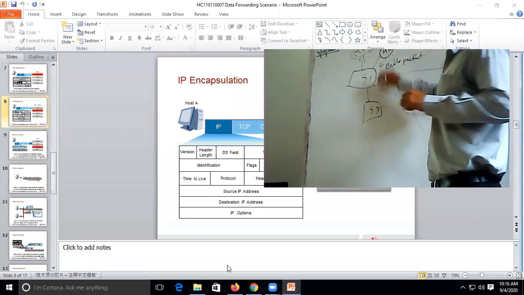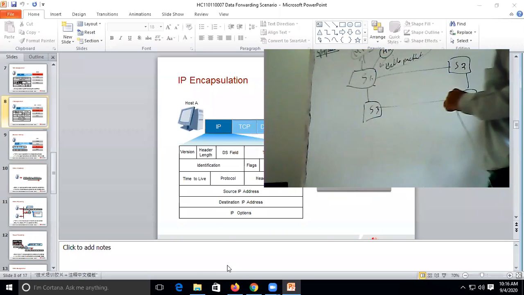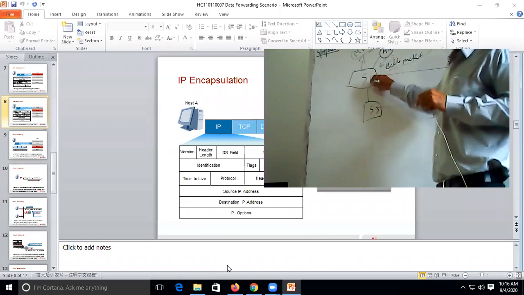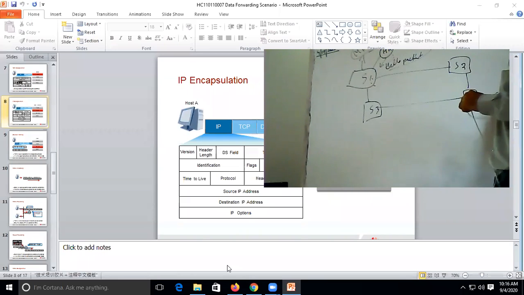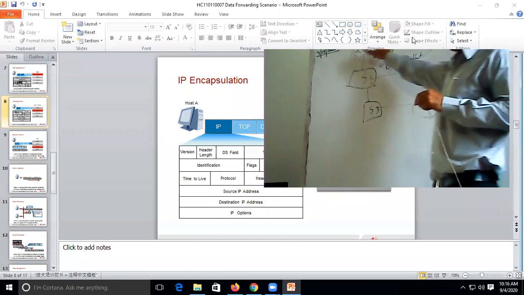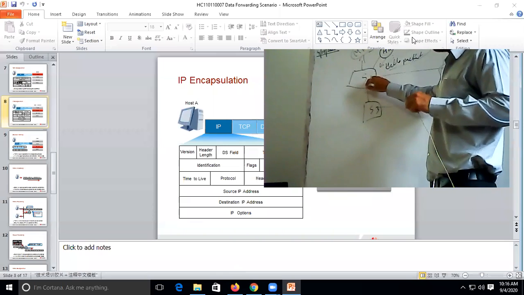If the MAC entry is available for host B, then it directly communicates with host B. If the MAC entry is not available in the cache table of switch 1,